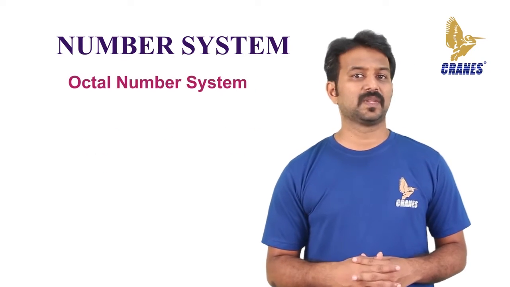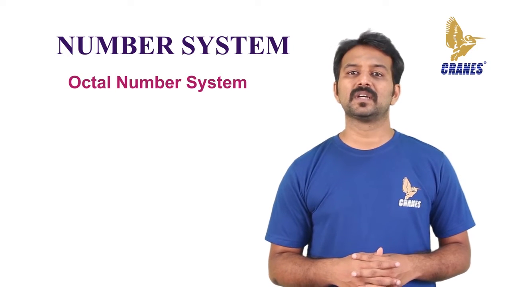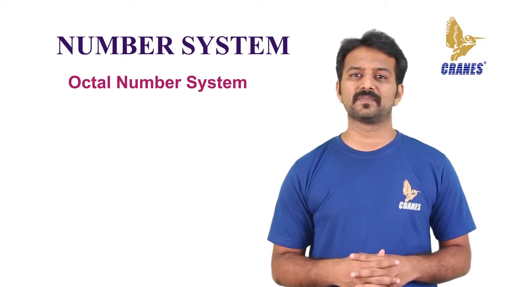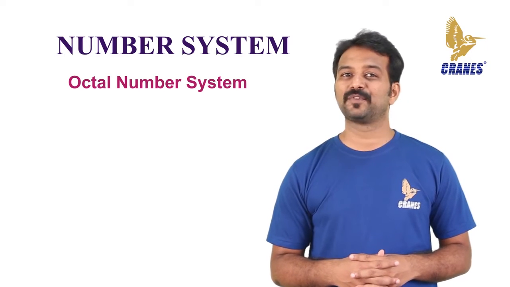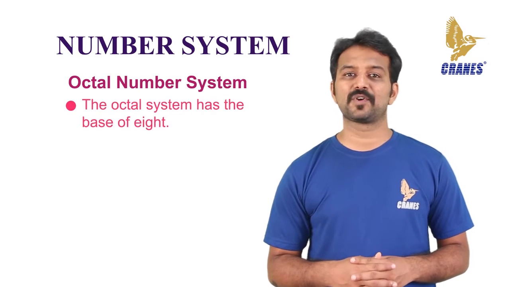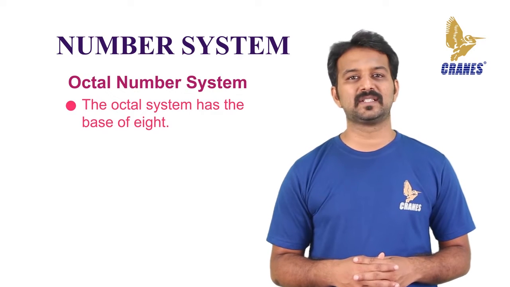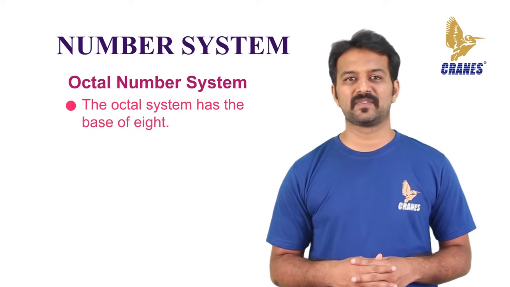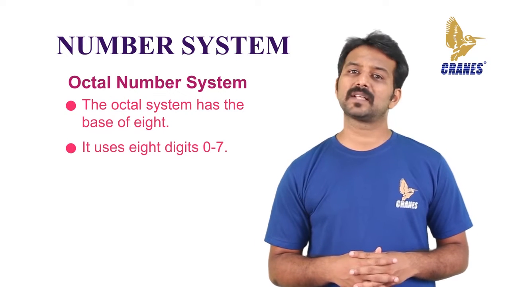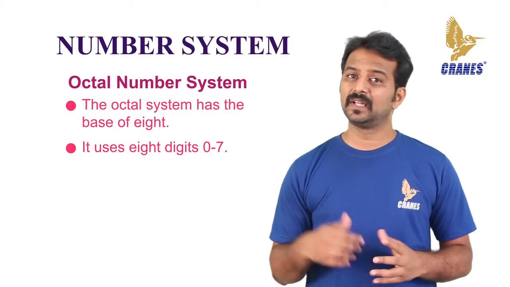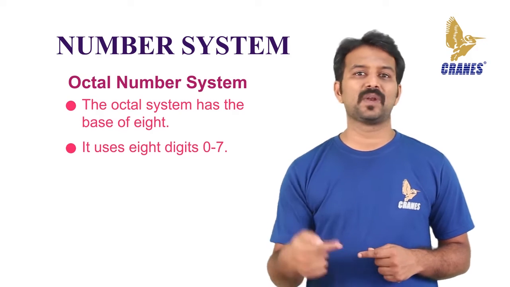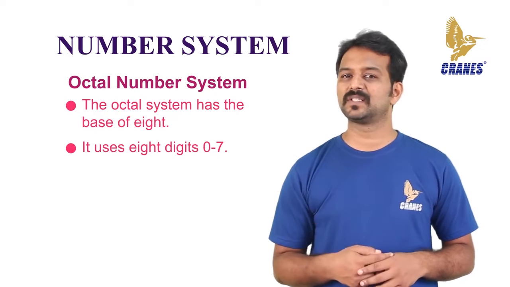Octal number system. The base of a number system is equal to the number of digits, that is for decimal number system the base is 10, while for the binary system the base is 2. The octal system has the base of 8 as it uses 8 digits, that is from 0 to 7. All these digits from 0 to 7 have the same physical meaning as the decimal symbols. The next digits in the octal number system are represented by 10, 11, which are equivalent to decimal digits 8